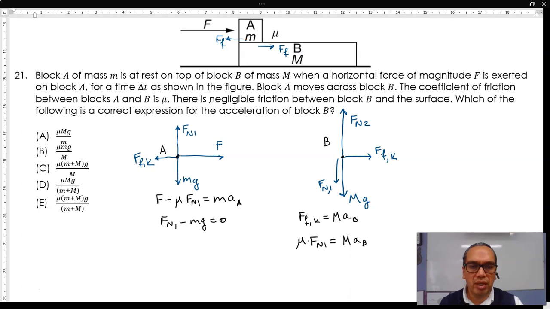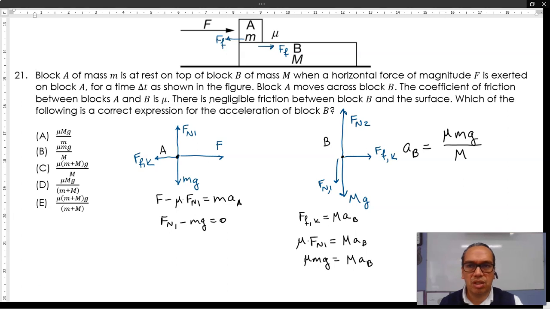But normal force 1 has to be equal to little m times g. So mu m g is equal to big M times the acceleration of block B. The acceleration of block B is then mu lowercase m g divided by capital M, and that's option